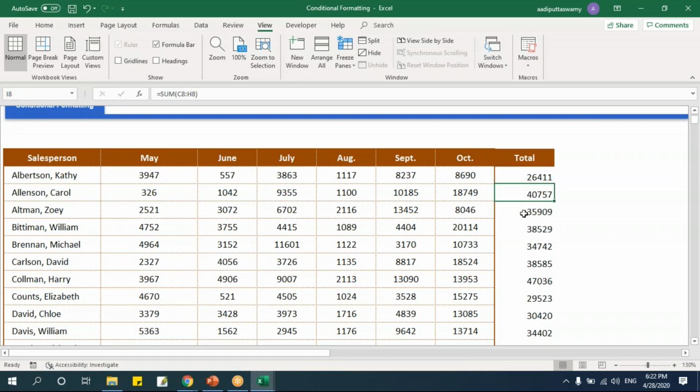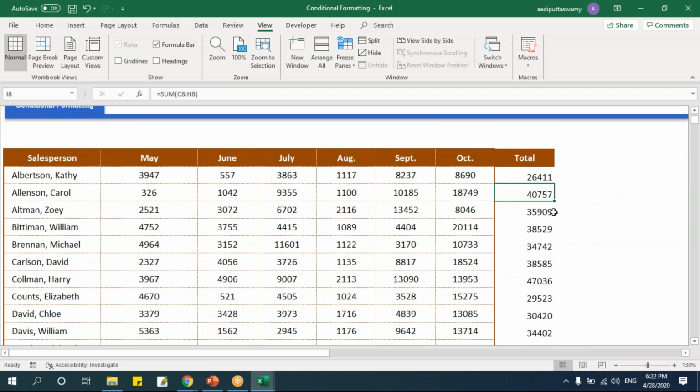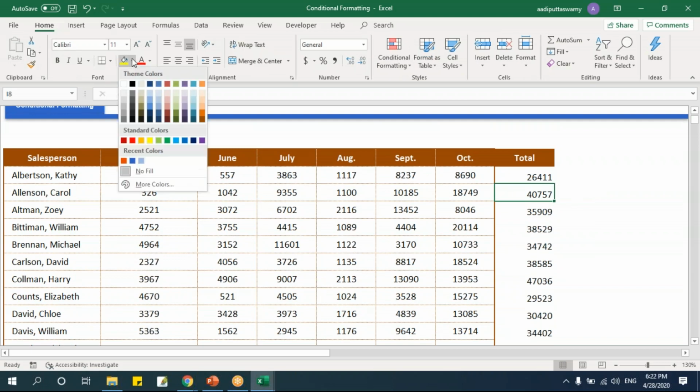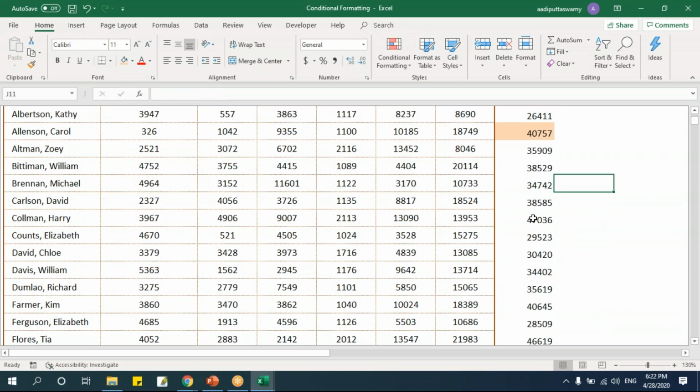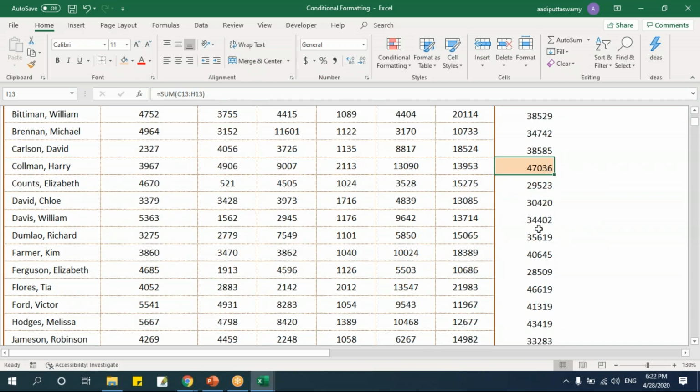I want to highlight all the values which are above 40,000. One way what I can do, I can go here, select this, and I can highlight it with this color, any color. Again, I'll scroll down. I'll go here. I'll get above 40,000. So I can go and check and put it manually.